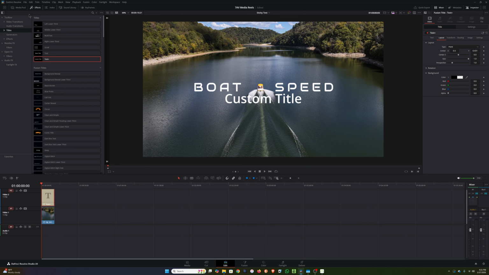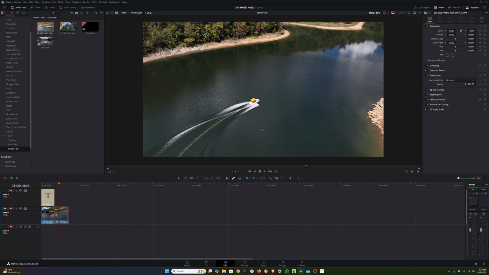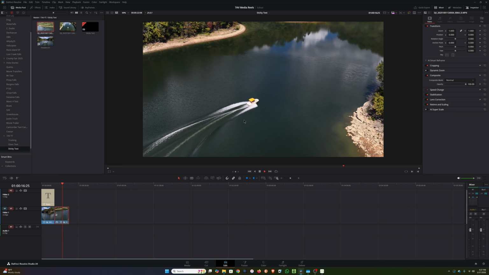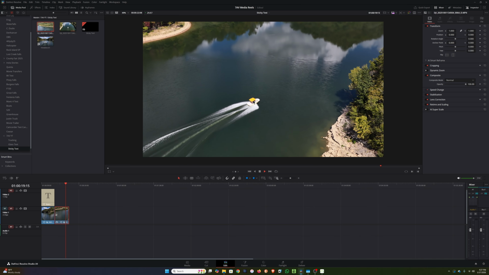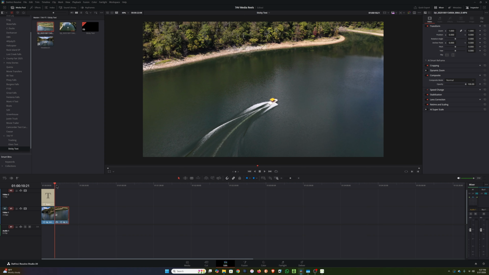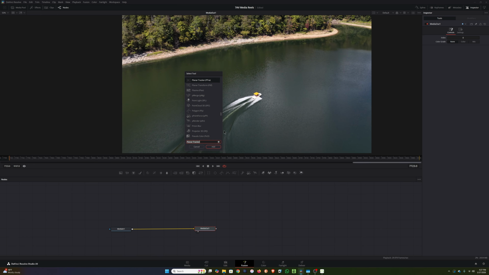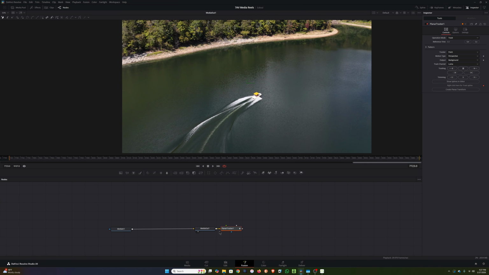And I could show you a different example. Okay, so this boat's making a turn, and the drone also turns a little bit. So the boat is not so centered, so you're gonna see it's much easier to see the tracking. So you just go to Fusion, shift space bar, planar tracker, search for this planar tracker, add it at the end. That's okay. We'll hit shift till it turns blue and drag it over. Goes right in. We're gonna zoom in here,